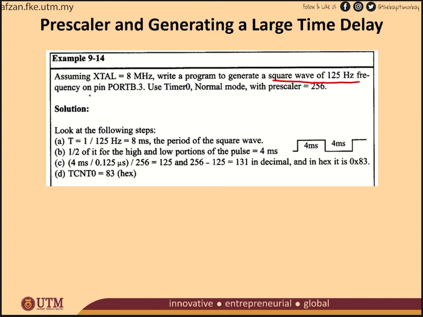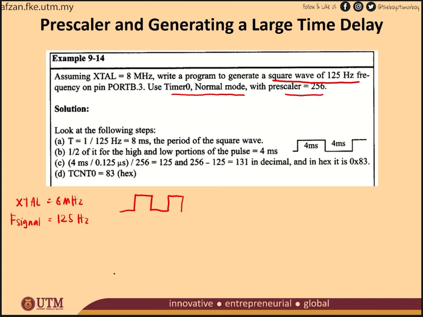Based on this information, you know that Xtal is still 8 megahertz and the frequency of your signal is equal to 125 hertz. So you're going to generate a square wave, using timer 0 normal mode